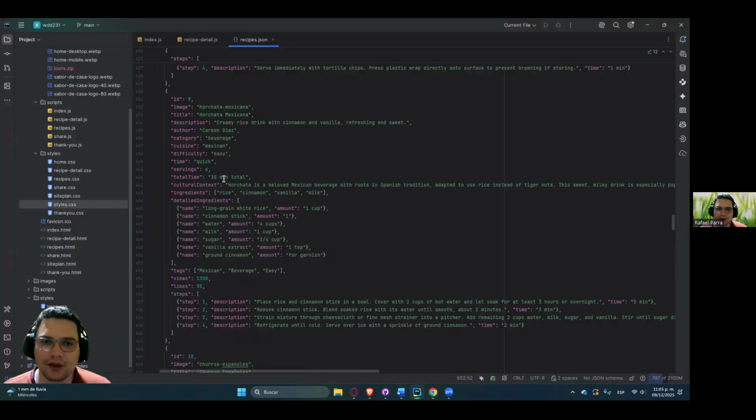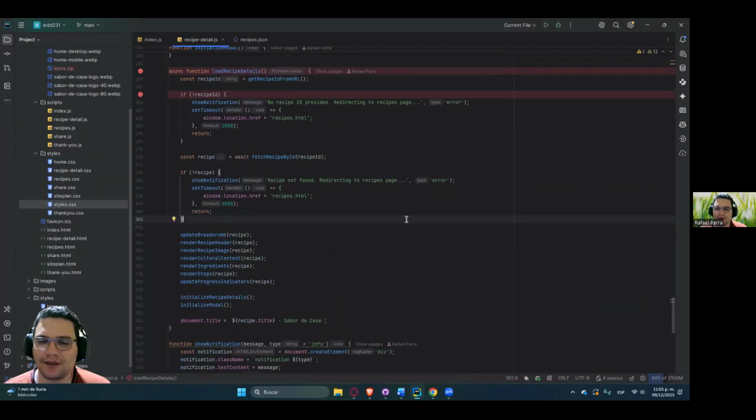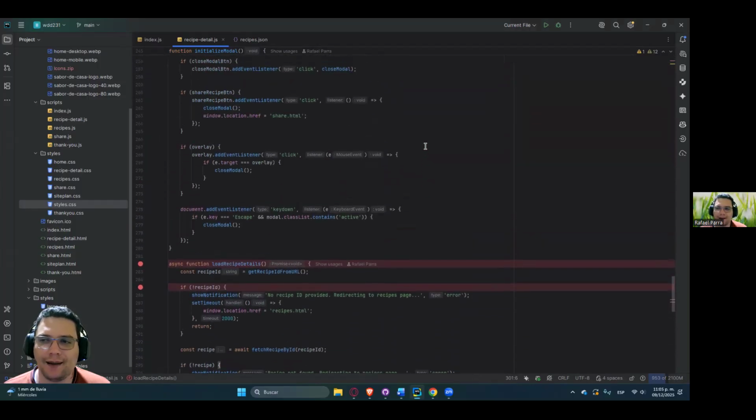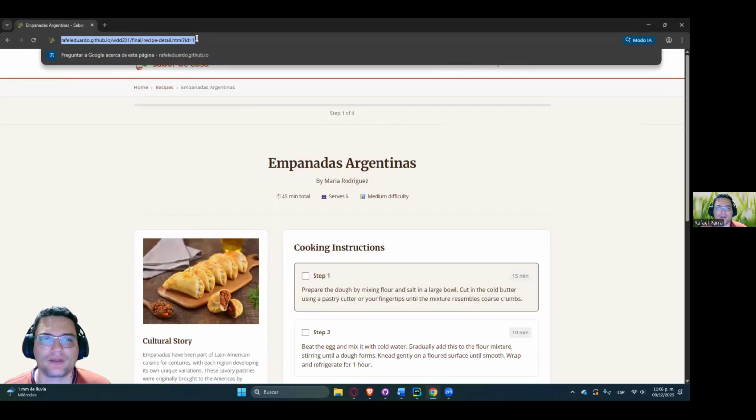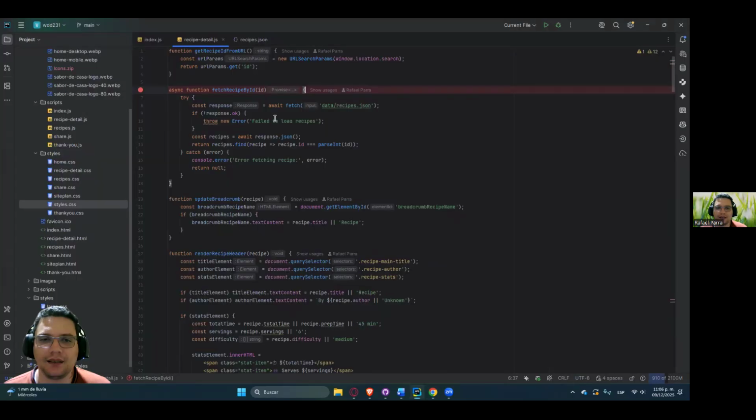How does this work? This works in the recipe details JS file. There are two methods that are working here. This one is an async method with a try catch block that handles the information. I receive an ID. You can see here an ID of the recipe that I need to show. And then I try to find that ID in the recipes JSON, in the data that I have. If I found it, I return the information and it's handled by another method. If not,